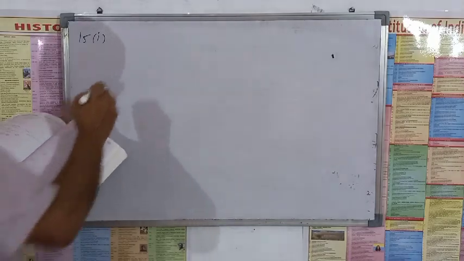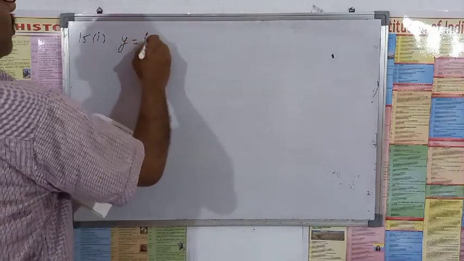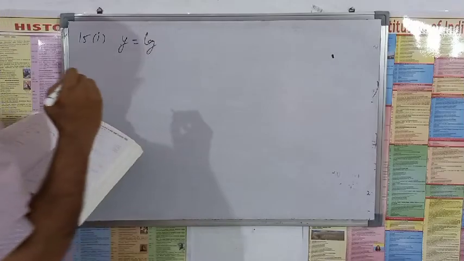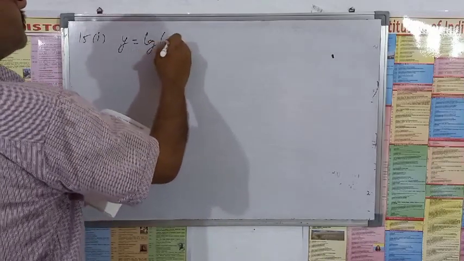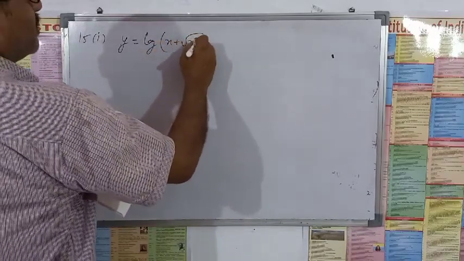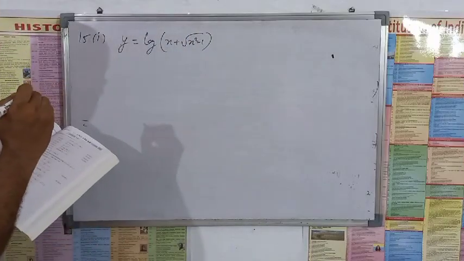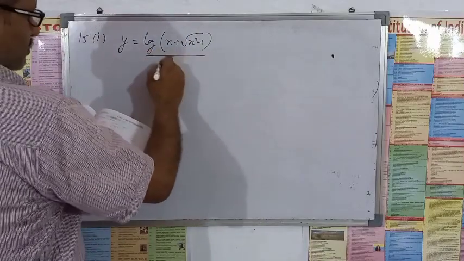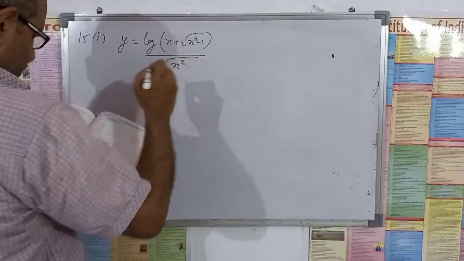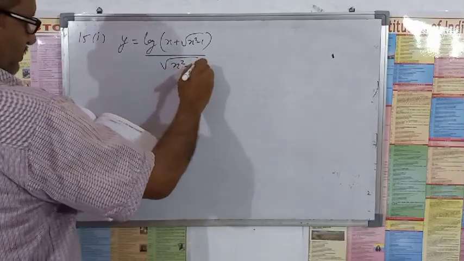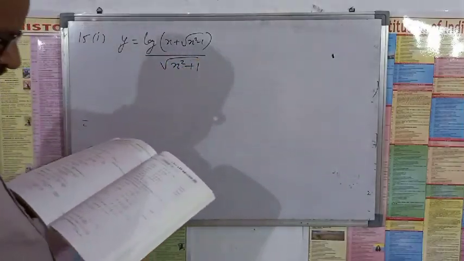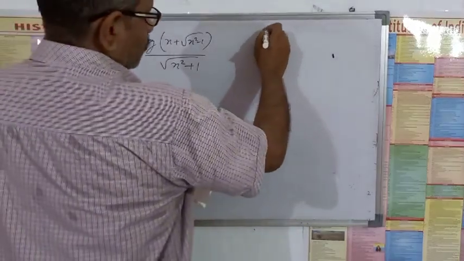Y is equal to log x plus root x square minus 1 upon root x square plus 1. And we have to prove that,